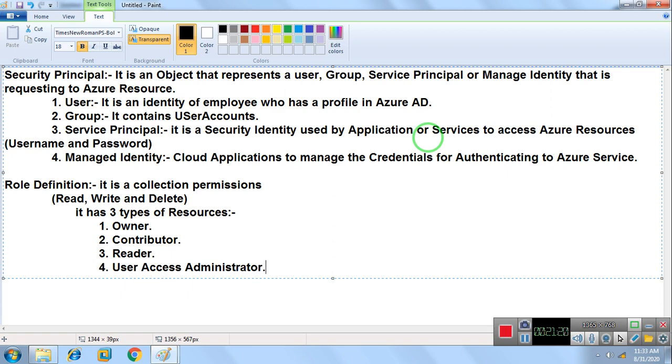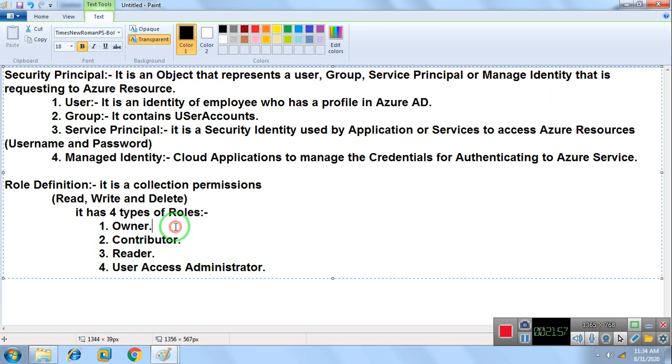So that's what we have. You can say four types of resource, or four types of roles. It's not really a resource; it's a role. So we can provide roles. It's not three, it's four types of roles. These are the built-in roles, like Owner, Contributor, Reader, User Access